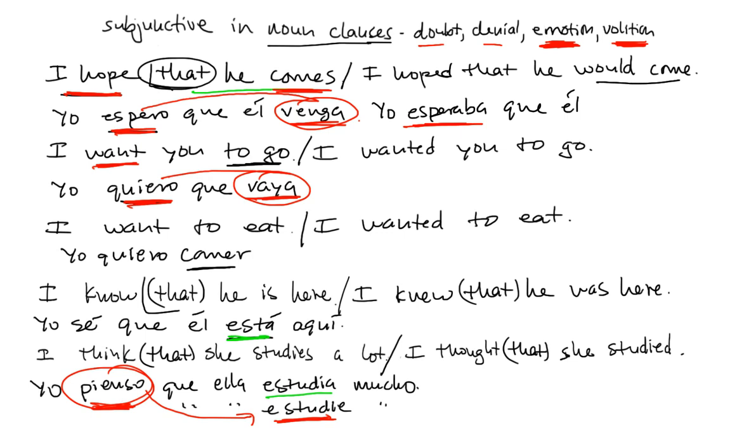We only have a past. We have a present and a past. The conditional is considered a past tense. So we would render this with a past subjunctive. Yo esperaba que él, to come, past subjunctive, viniera. Yo esperaba que él viniera. Again, the emotion in the principal clause is showing its effect in the subordinate clause by rendering the verb in the subjunctive mood, in the subjunctive tense.